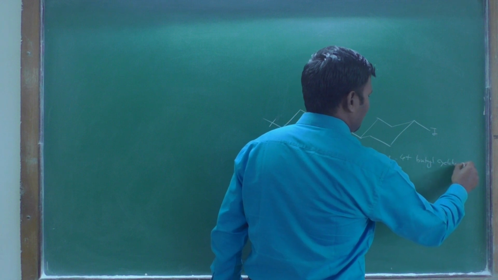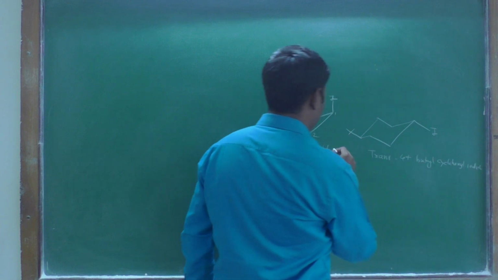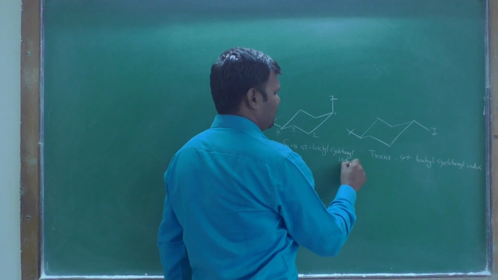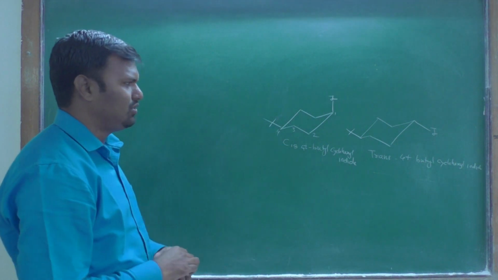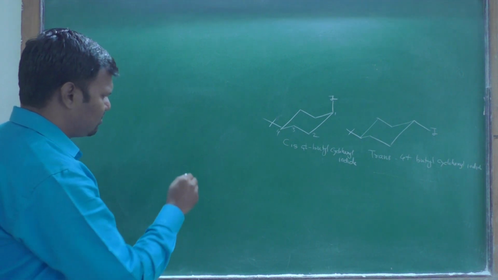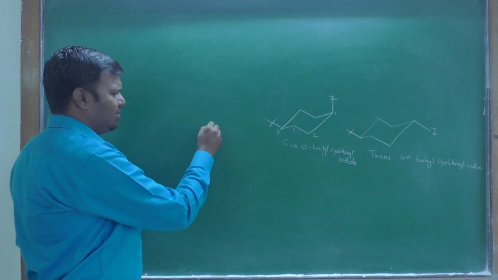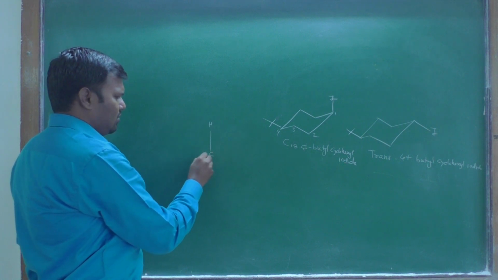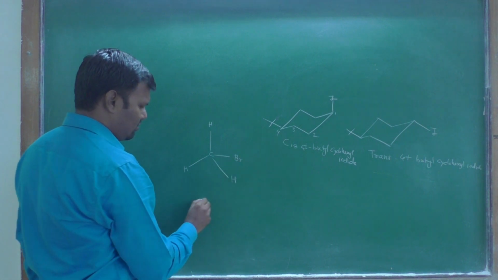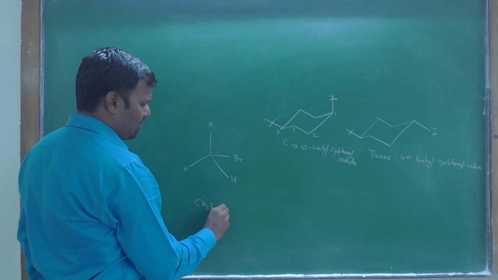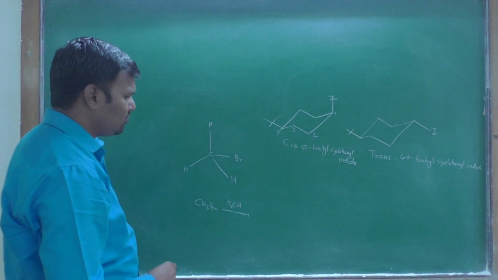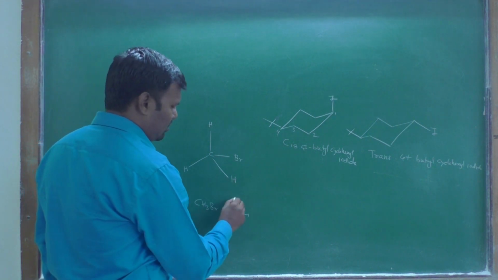cyclohexyl iodide. This example we have discussed under the symmetrical SN2 reaction. In this we are familiar with the mechanism of SN2 reaction. Suppose we have the compound CH3Br and we use KOH, then this compound, that